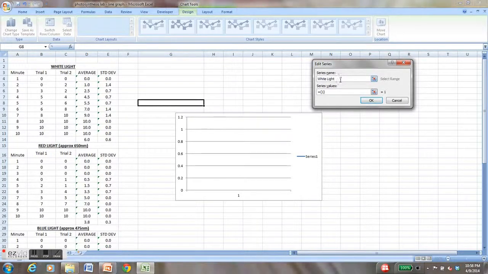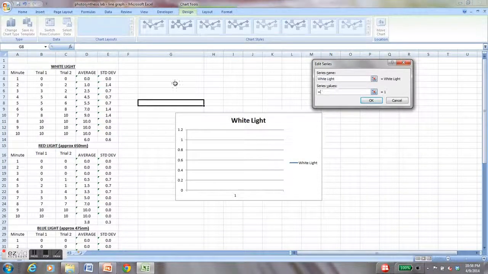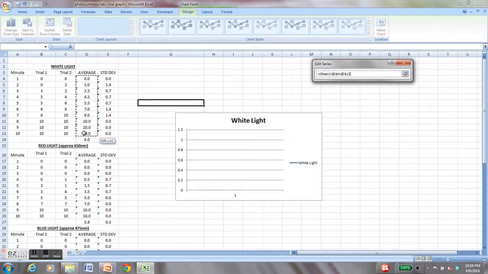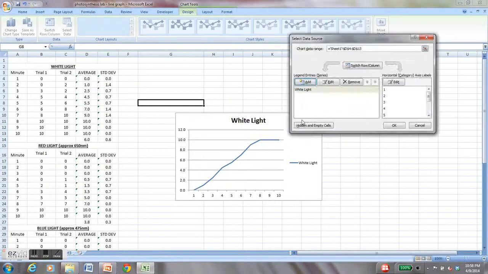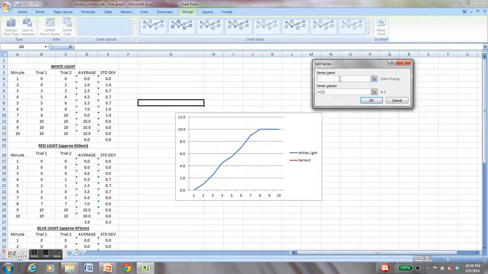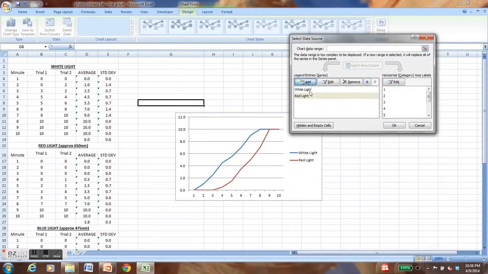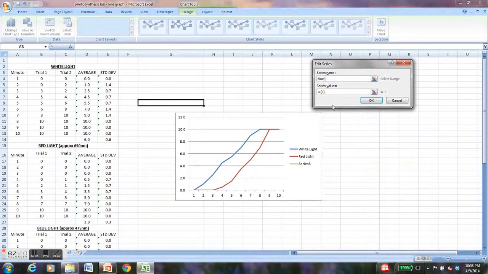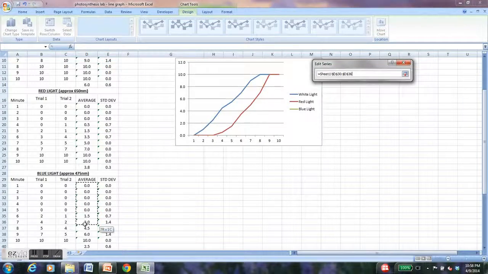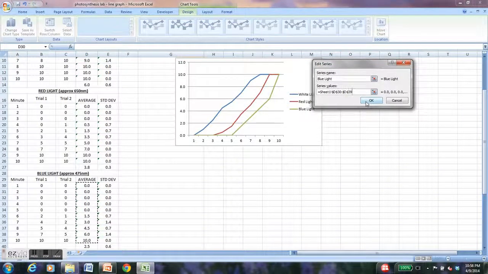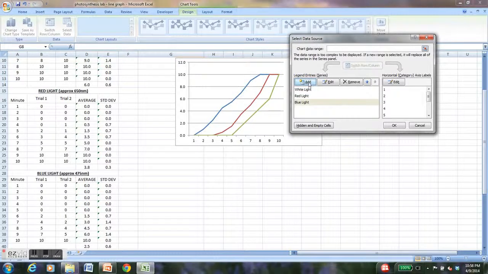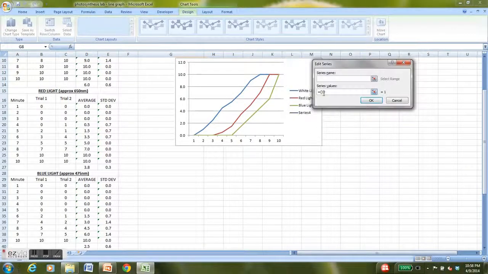So I'm going to start with white light, and I'm going to select the averages over the whole 10 minutes. Add the next one, red light. And so on and so forth. Blue light, green light. The last one is